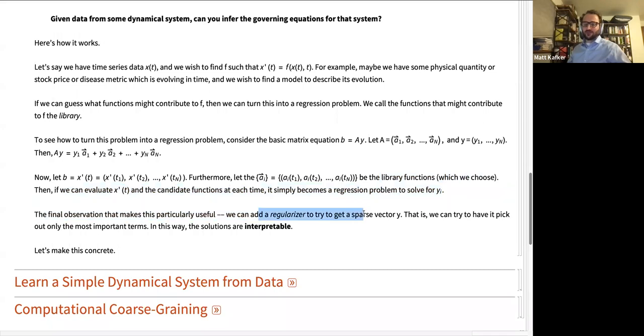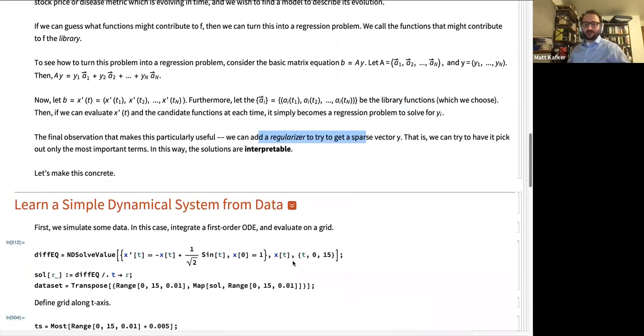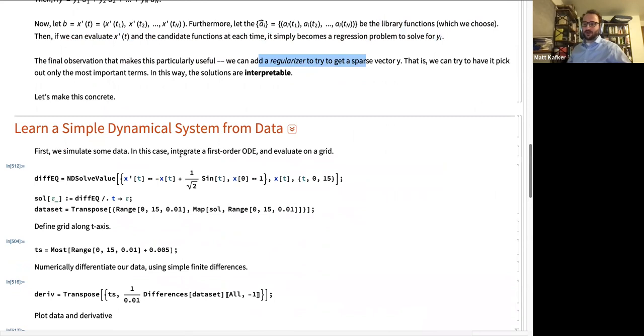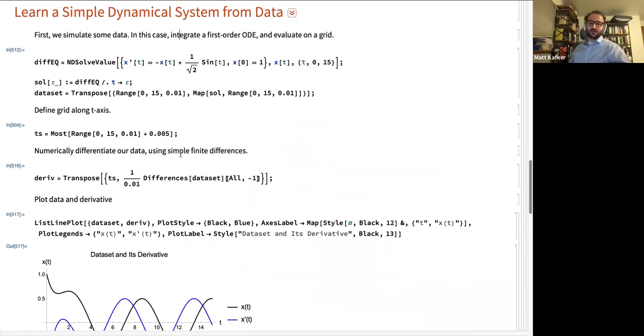And the way you can do that is with the regularizer. The technical details of this are not that important, but if it's sparse, that means that your result will be interpretable. So I knew that that section was not very well written, and I'm going to leave it now and just show you how this works, because it is actually a cool technique, and it works in practice. So I think an example is a much better way to show you this.